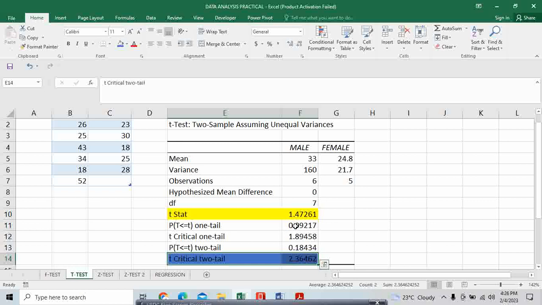So the observed difference between the sample means, which is 33 and 24.8 here, is not quite convincing enough to say that the average number of study hours between female and male students differ significantly, because there is no margin lines here. The margin is very small, it's not big. So we can simply say that the average number of study hours between female and male students differ significantly. Great. So this is how we run